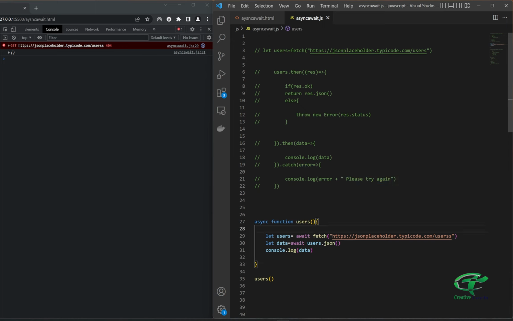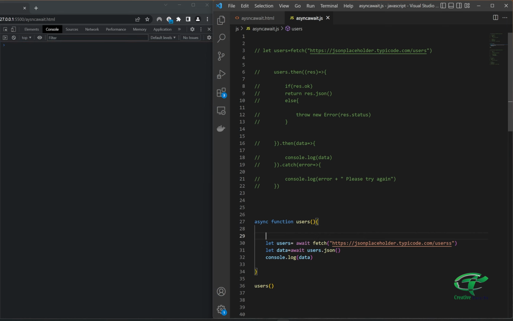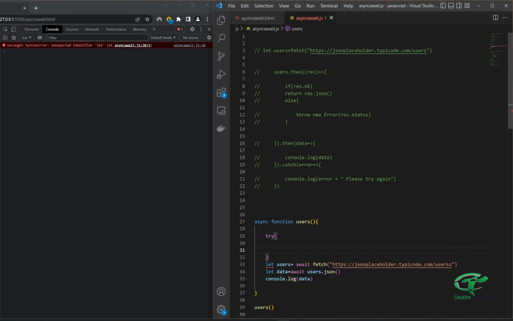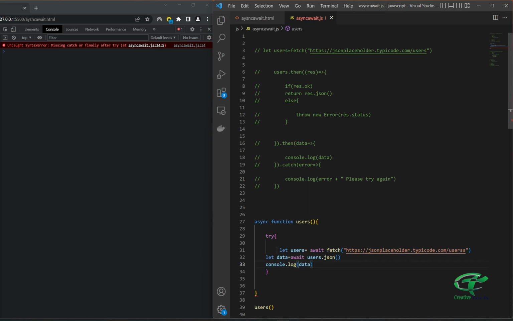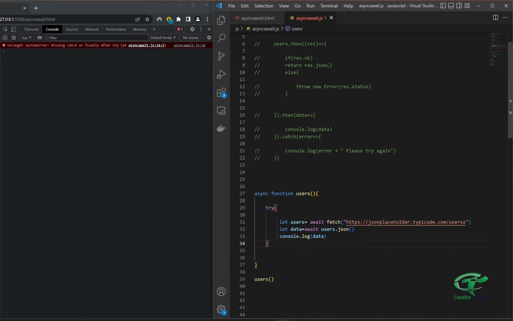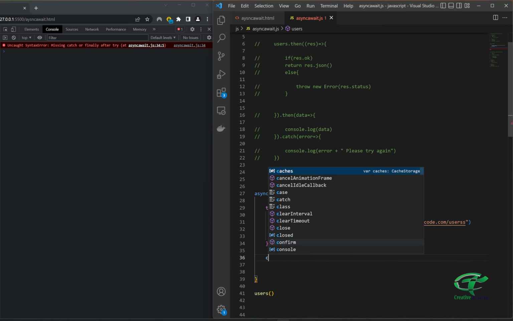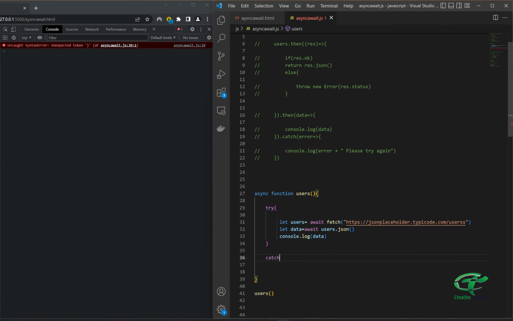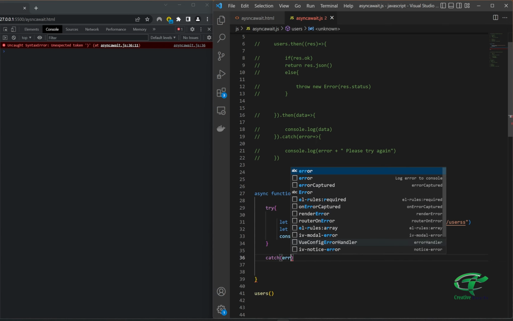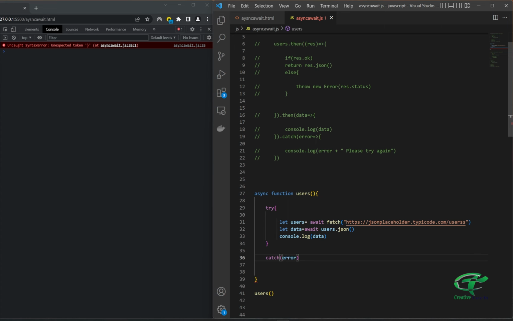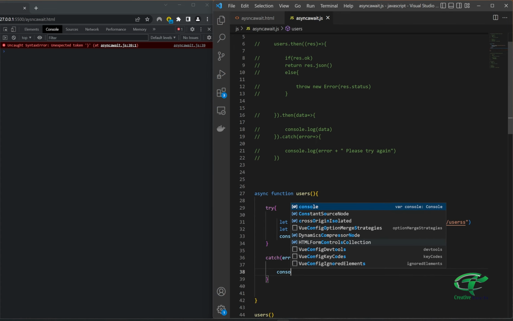What we can do is write here try, and write all of this code inside this try. And here we will write catch, and catch will have an error. And let's console.log